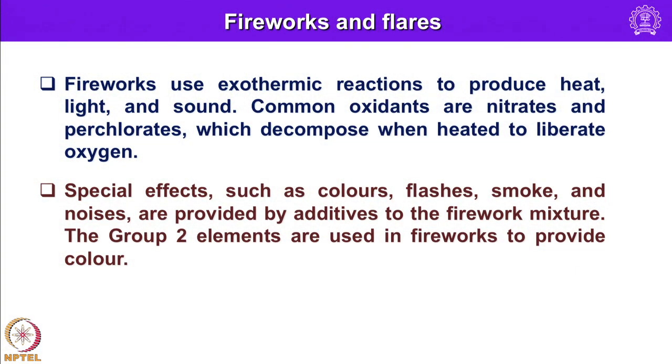And of course, in fireworks and flares, alkaline earth metals are used, and fireworks use exothermic reactions to produce heat, light and sound. Common oxidants are nitrates and perchlorates, which essentially decompose when heated to liberate oxygen. And special effects such as colors, flashes, smoke and noises are provided by additives to the firework mixture. The group 2 elements are used in fireworks to provide color. We know they give characteristic color. Barium compounds are added to fireworks to produce green flames, apple green flames. The species responsible for the color is essentially